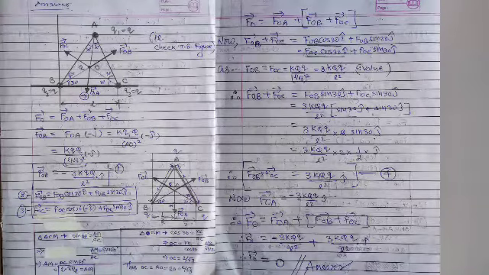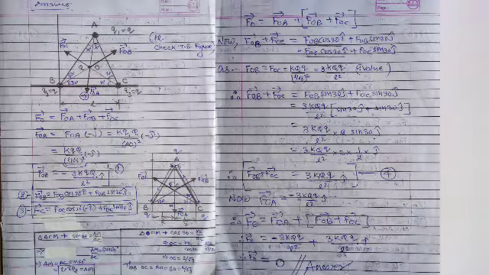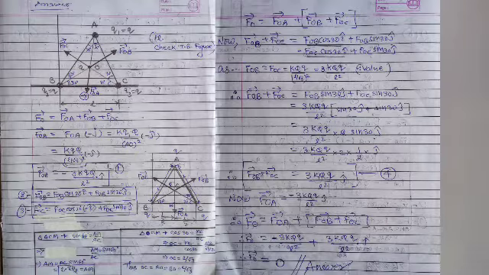This is the first method. As this first method contains components of the vector, it becomes quite a long method. But we can also use another second method, which is a very easy method, and that we are using the law of parallelogram of the vector. Now let us take the law of parallelogram of the vector in the second method.